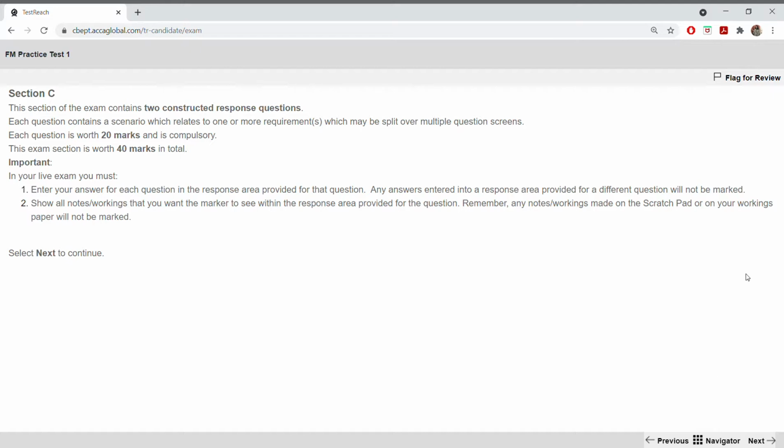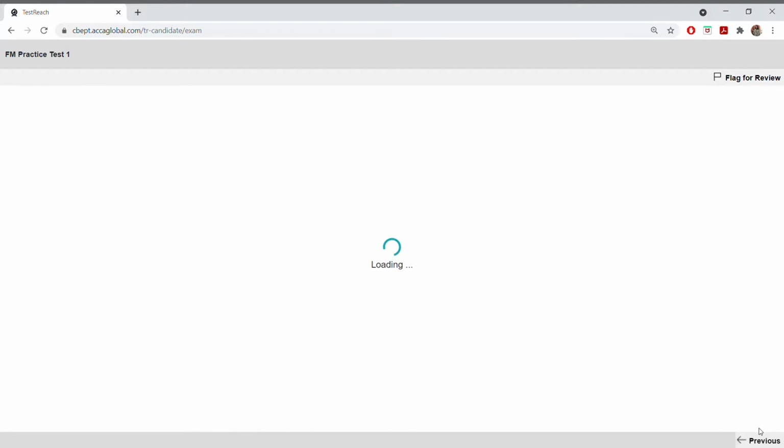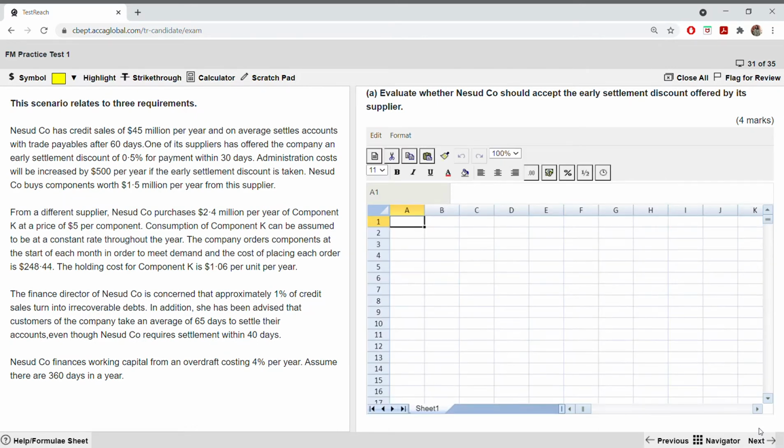Okay, let's go. And this is the first question. So your section C question will come like this. On the left, you'll be given the case study. On the right, you'll be given either the Word to type or Excel to